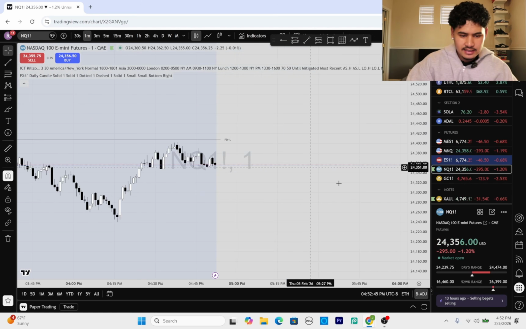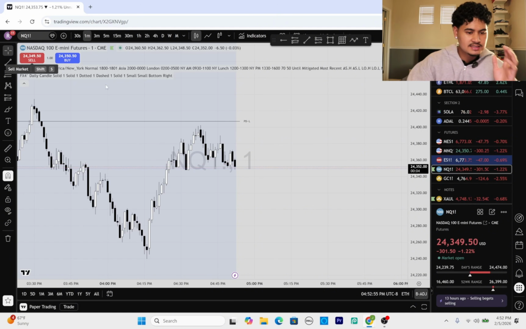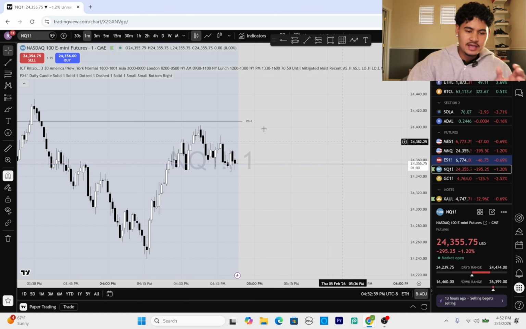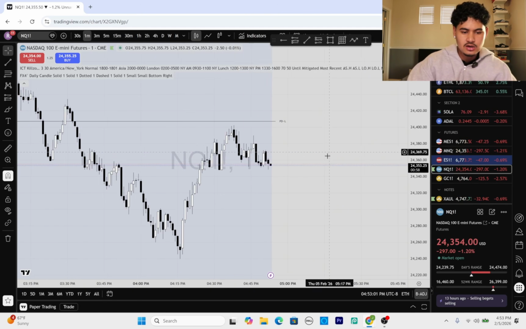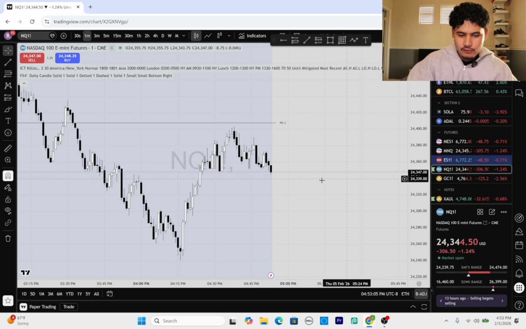As you can see right here, I'm just going to press sell. We have our sell and our buy option right here. So if you want to try to make money, you can press sell to short it. Short means sell, and then long means buy. So if you're trying to make money and you want to short everything, if you can see, this is the price right here. Right now, price is at